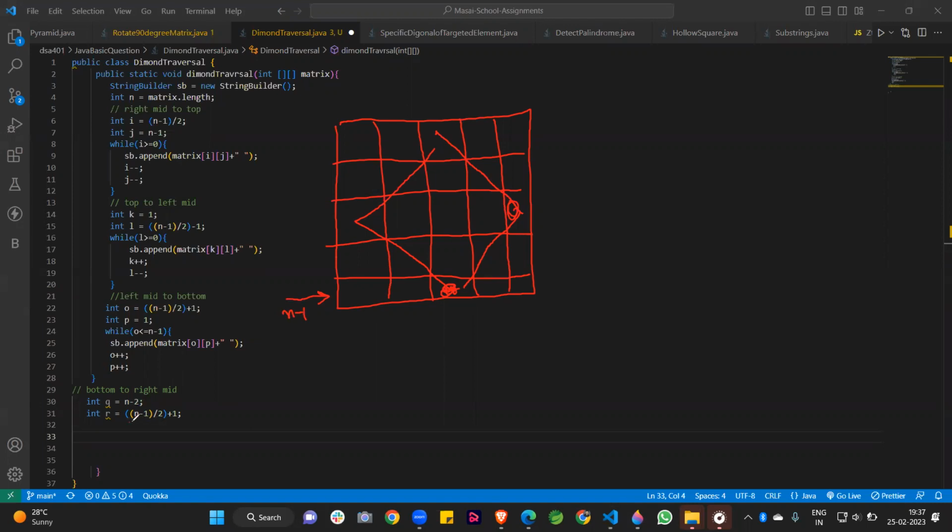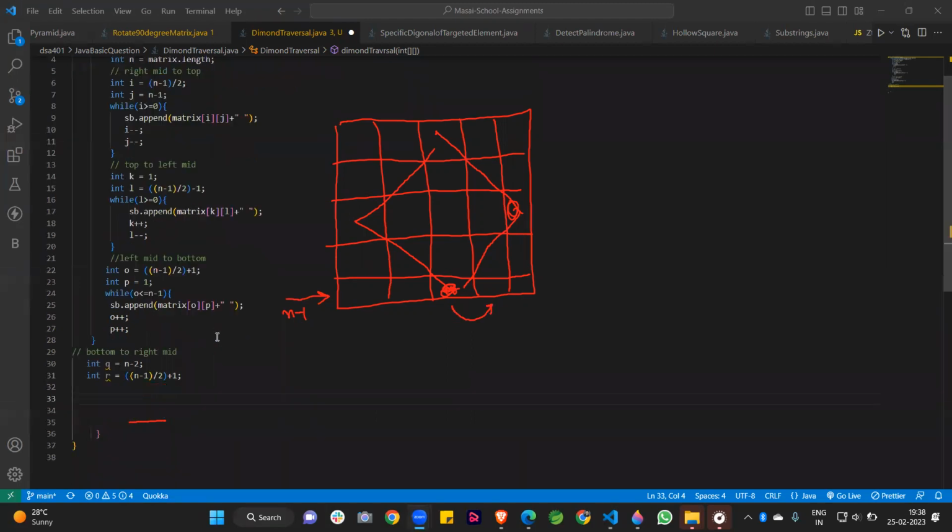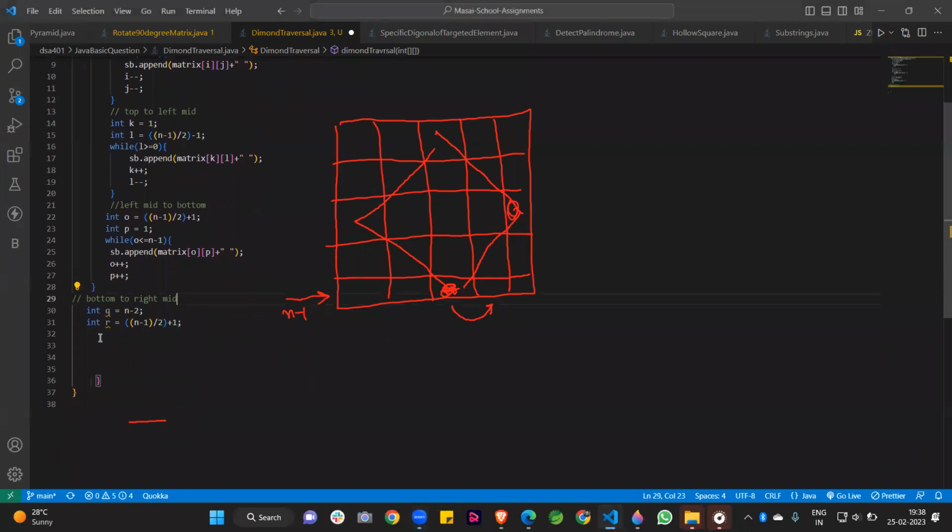And this is our middle element, guys, of the column n minus 2 by 2. This is our middle element. So you know very well, this is covering this iteration. So we increase the value by 1 of the column also because we are taking the column greater than this one, guys. So that's why I am writing here. So how we can write the while loop for it? So I am writing a while loop for this.